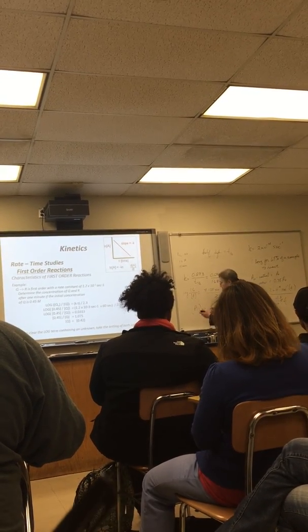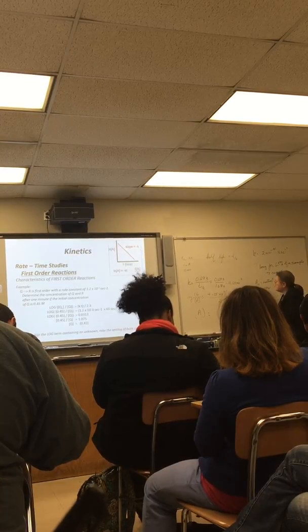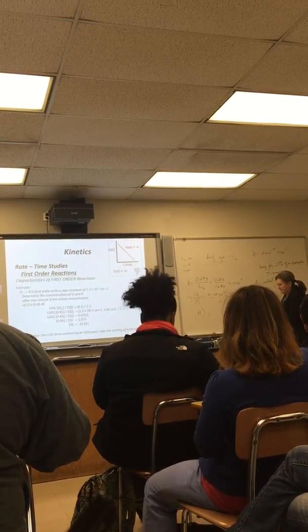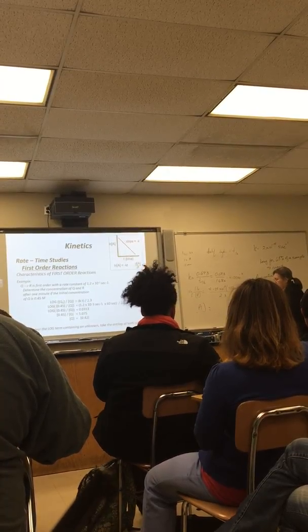Okay, so we got the concentration of this: 4.125 times 10 to the negative 3 times 900 divided by 2.3 gives you,